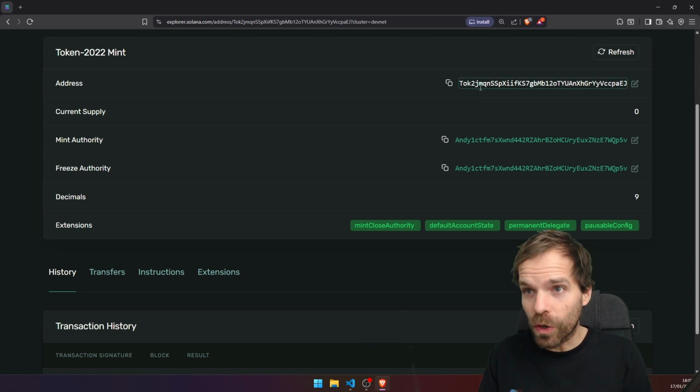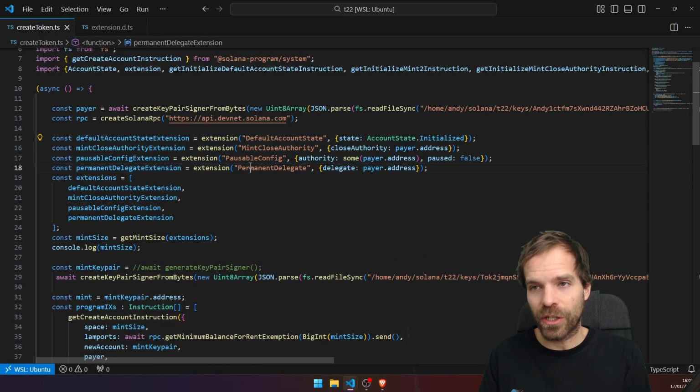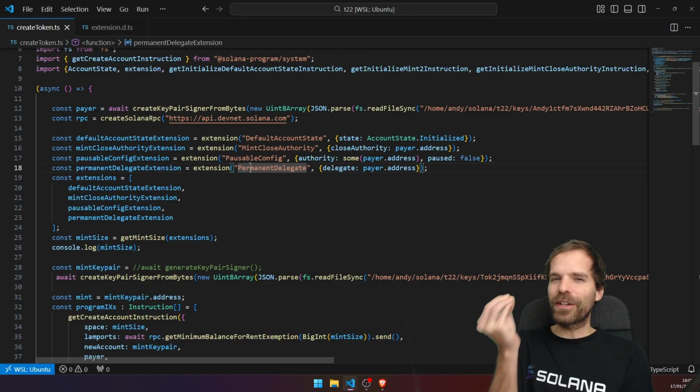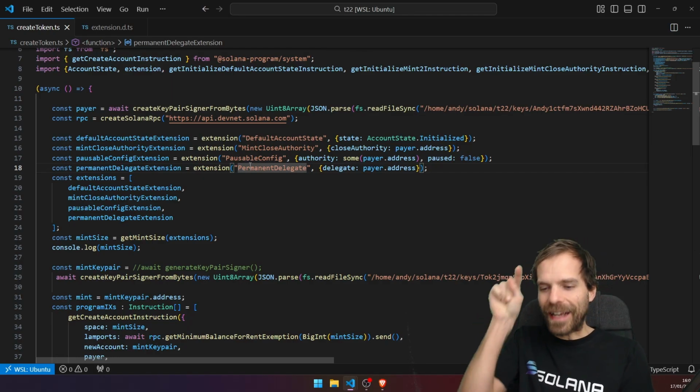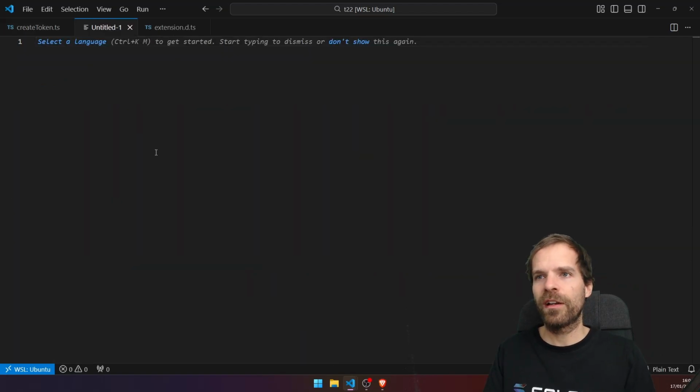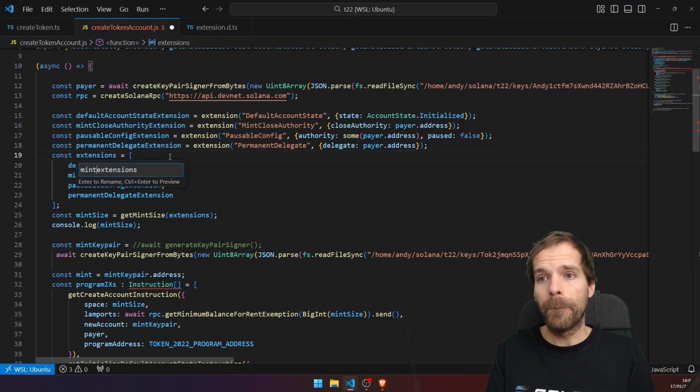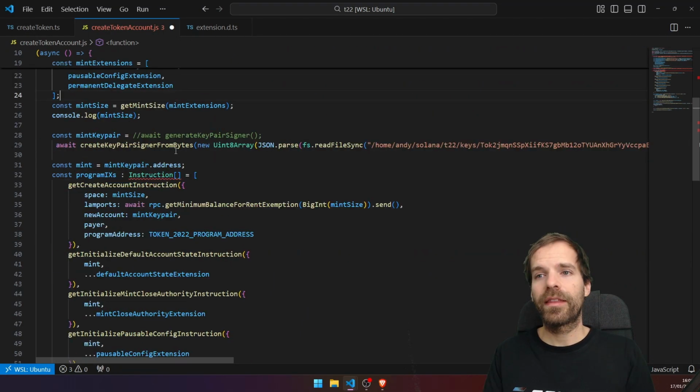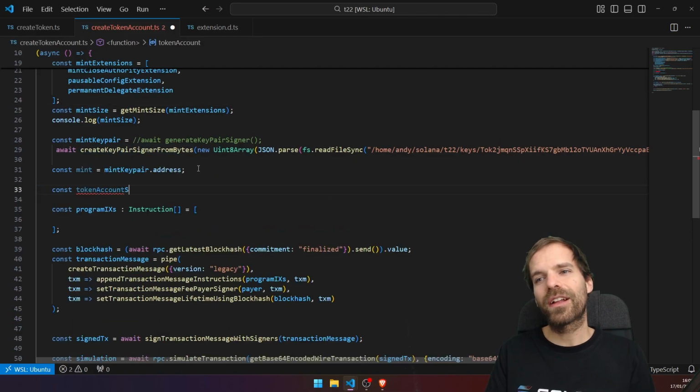So we know the token and we know the token extensions. How can we calculate the token account size? That's what people have been struggling with. Let's see how difficult that is for me. New file. So those are the mint extensions. And the question is now, how can I calculate the token account size? Because there is the